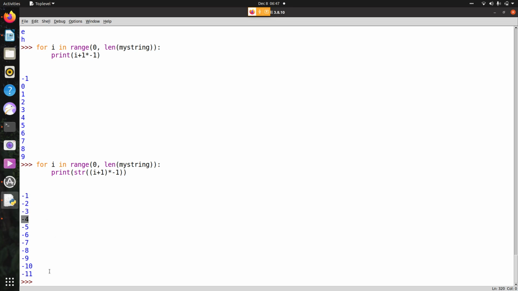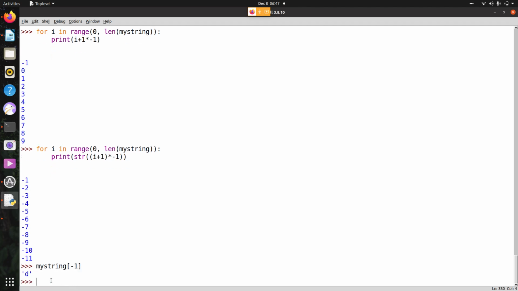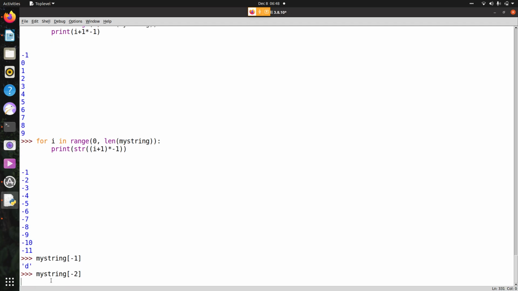When we take the index of this and say -1, it is coming in reverse order, right? That is what we have done in the for loop, nothing apart from that.